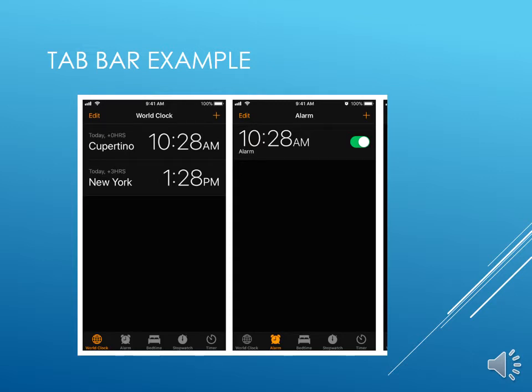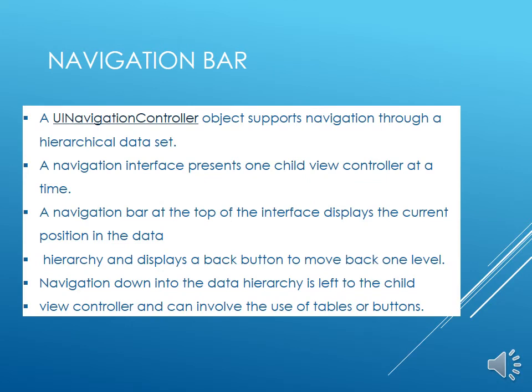Another example of a tab bar application is the Facebook application. In the Facebook application we have a home page, a profile page, and when we get a request from another person or another ID, it is shown. So Facebook is also designed in the form of a tab bar. In a tab bar we can navigate from one tab to another tab, and it shows different views of that tab.